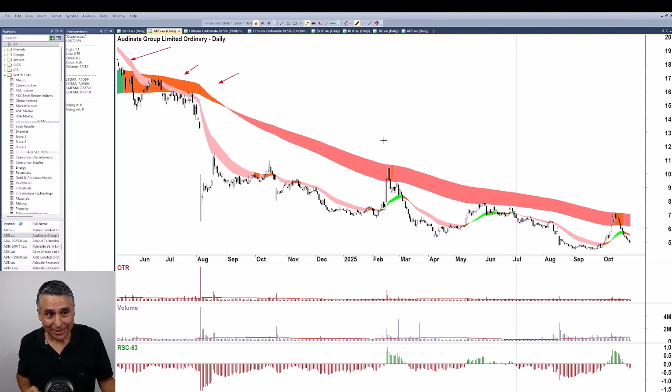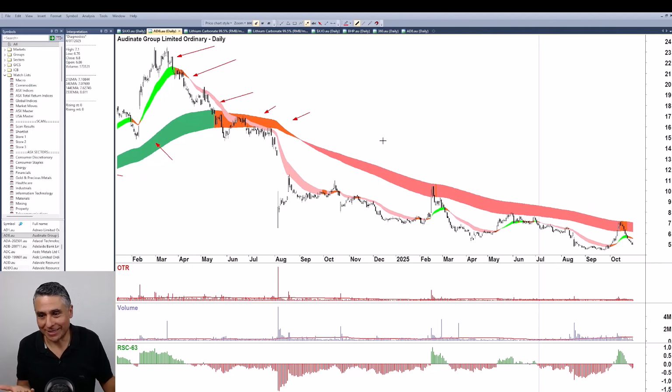When we go to the daily chart, it becomes even more obvious, doesn't it? And because we're on the daily chart, we get our signals earlier. They happen 5 times faster. So if we get rid of those, and I don't mean these to be forehead slapping moments, but they often are, where we've got our candles, we've got our price action, and it's my model, but I don't create the candles, ladies and gentlemen, so don't get angry at me if the candles and the price action don't go your way. But I think it's pretty clear here that Audinate started having some issues around about March or April 2024,